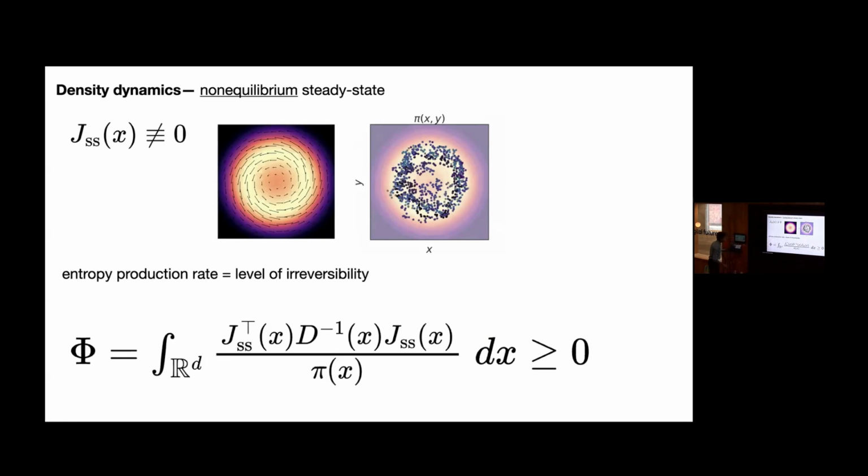Okay. And so this very nice clean quantity that measures the distance from equilibrium, which is also known as the level of irreversibility, is the entropy production rate. In physical systems, this actually tells you how much heat is being dissipated to the environment. In neural systems, as we'll get to, it's more of an abstract statistical quantity that tells you how far from equilibrium you are. You can see that obviously if S is 0 everywhere, then this is 0. And you can believe me if you can't see it clearly that it's positive otherwise. Okay. So this is a really nice clean quantity that people have tried to compute for neural data.